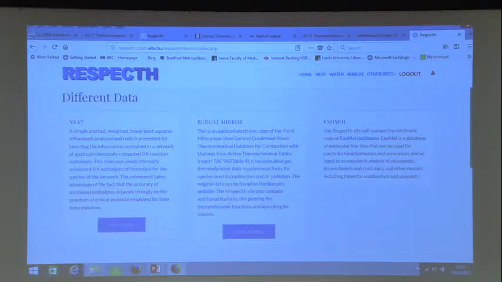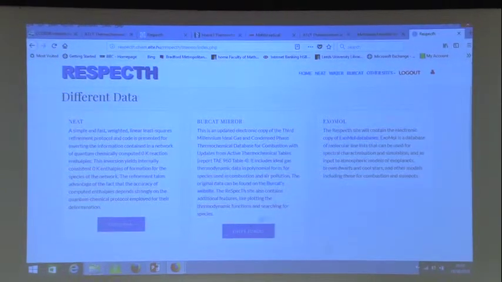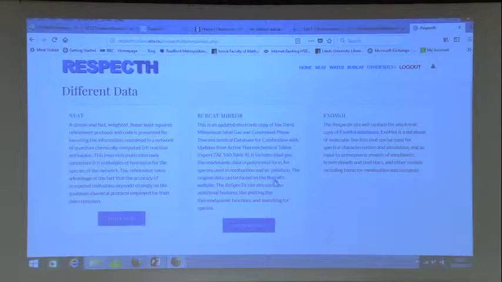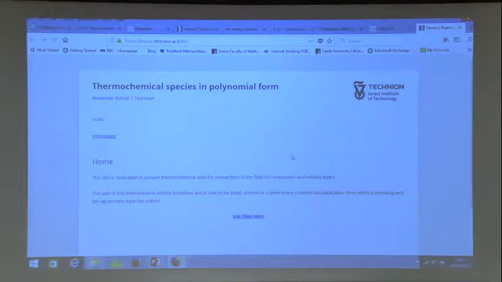You do actually have to get a username for this, but it gives you a link to Burcat's website, which, as we'll see, provides thermochemical species in polynomial form. And this is the basis of the NASA representation. And you can get the files here. But if we go back